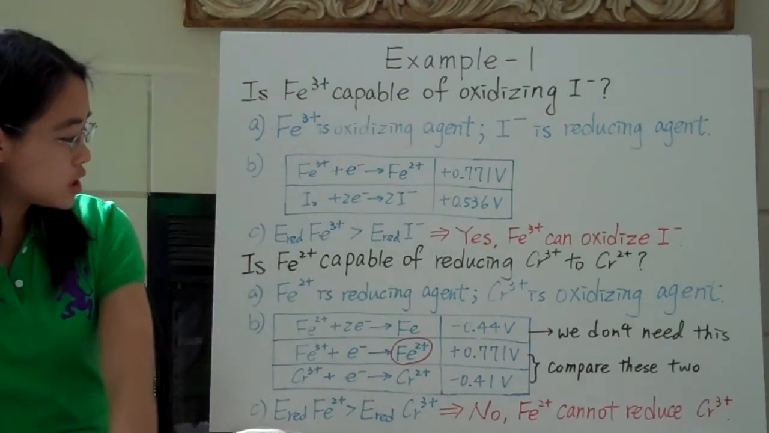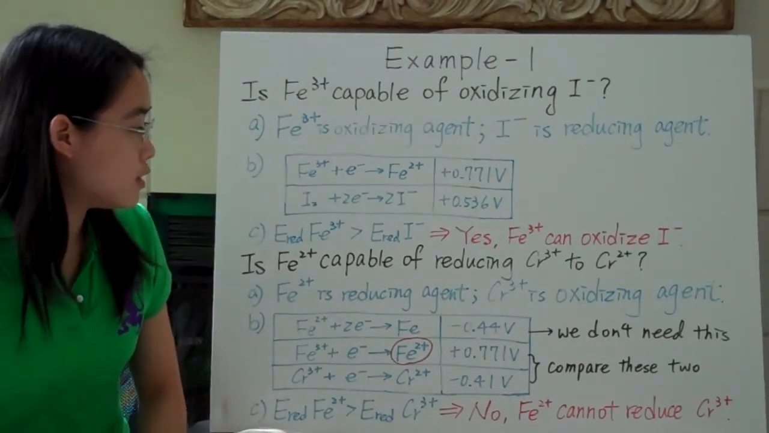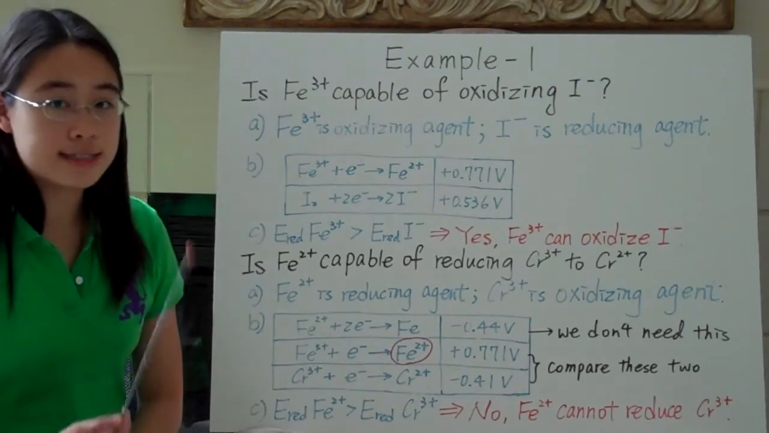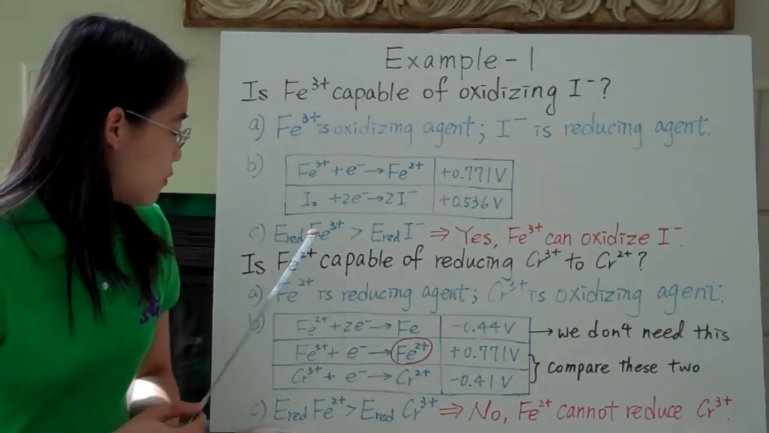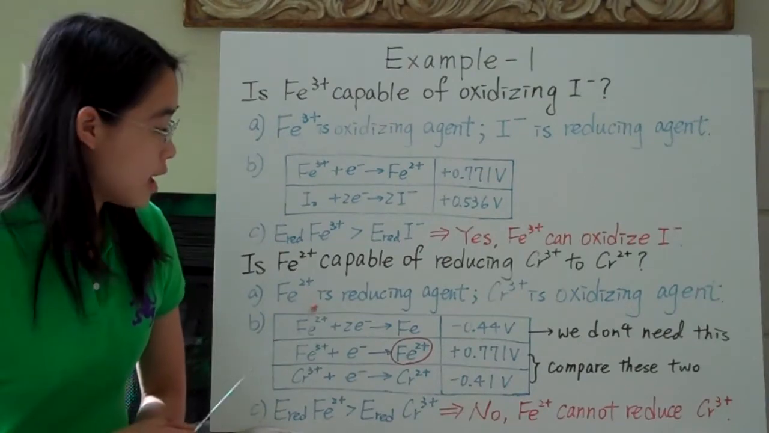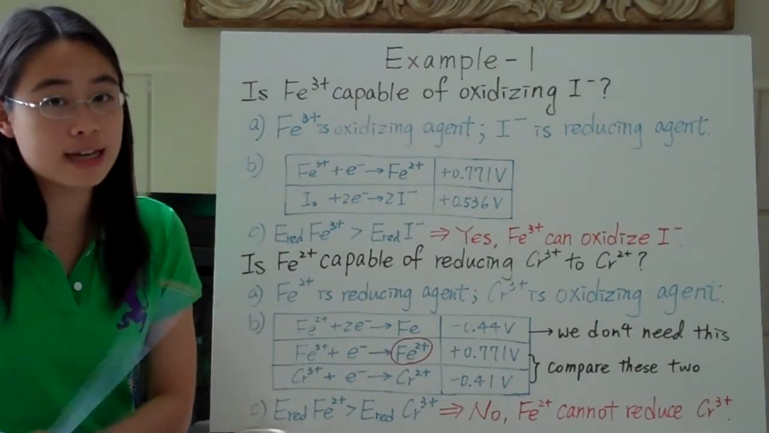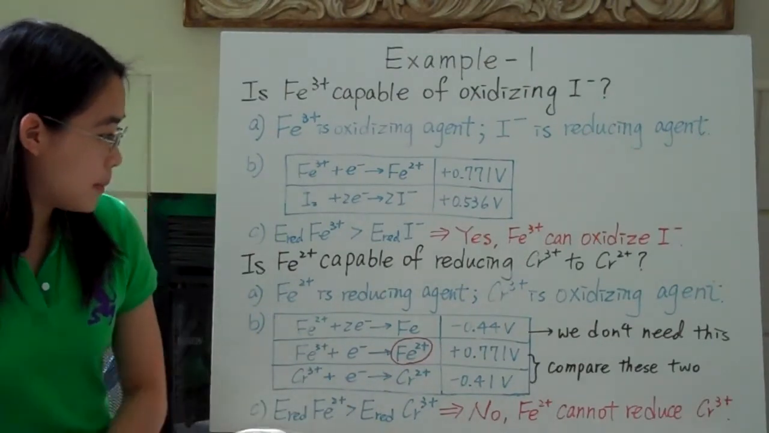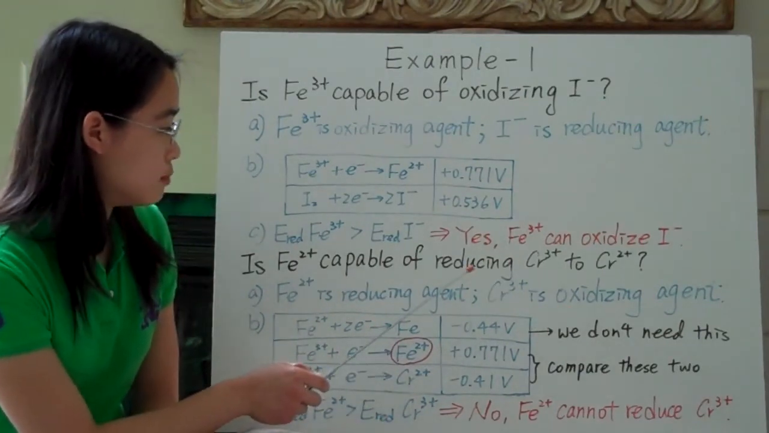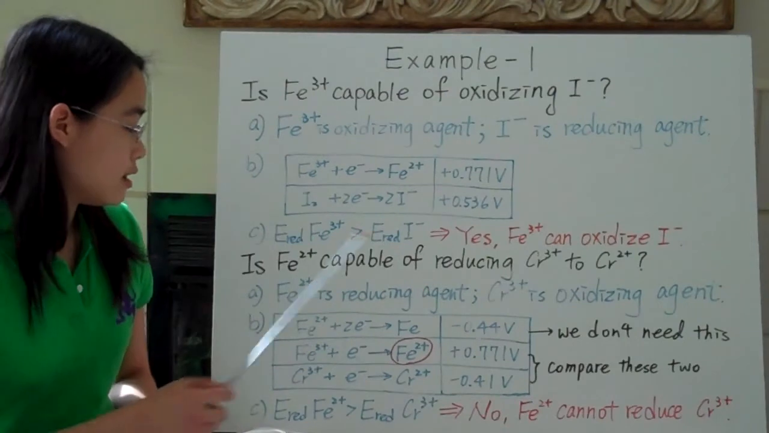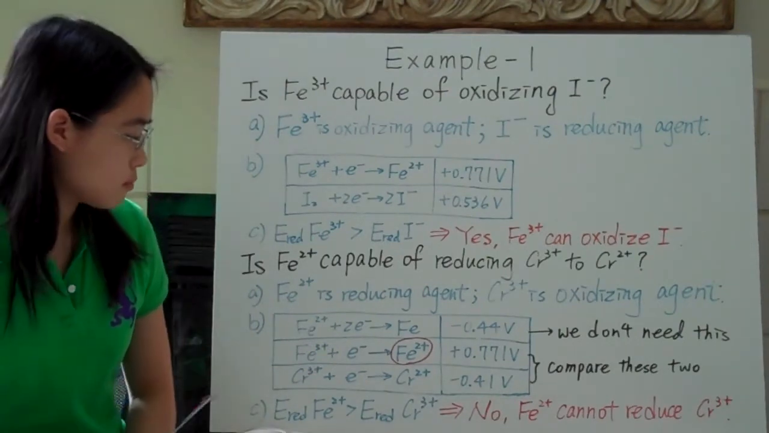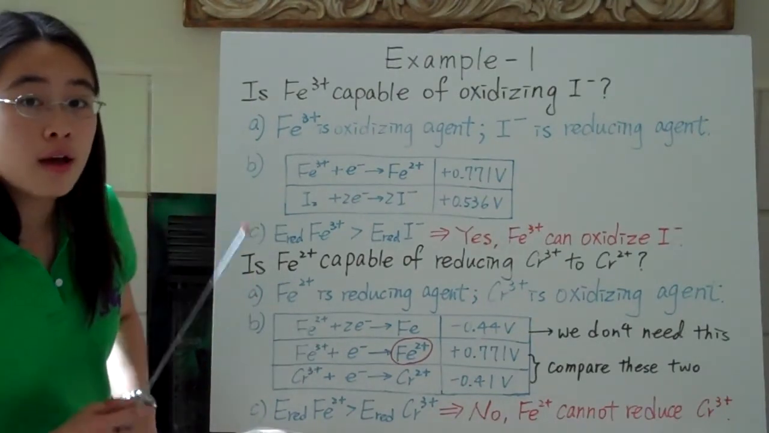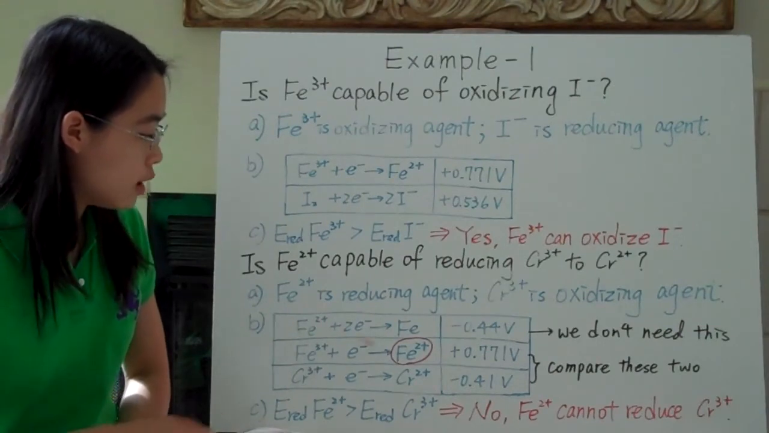And the second question is, is iron 2 capable of reducing chromium 3 to chromium 2? Well, the same process here. The first thing we need to do is iron 2 is a reducing agent, so it is on the right side of the reaction, and chromium 3 is the oxidizing agent. Because it is being reduced, so it is the oxidizing agent, and it will be on the left side of the reaction. So when you look at the reduction potential table, you'll find that two reactions both contain iron 2